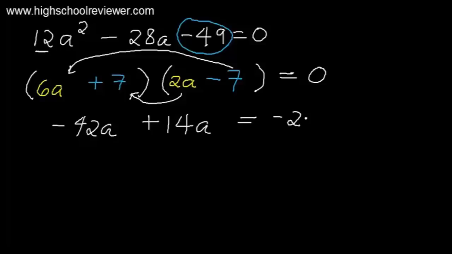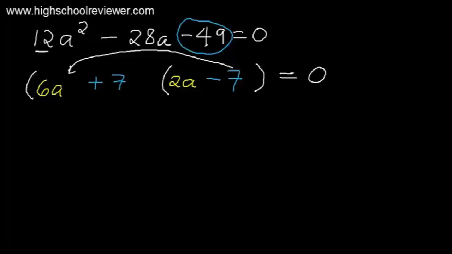This is negative 28a. So therefore, our two factors here are correct since negative 28a is equal to our second term. Okay, so we can erase this one. Okay, since these two factors now are correct,